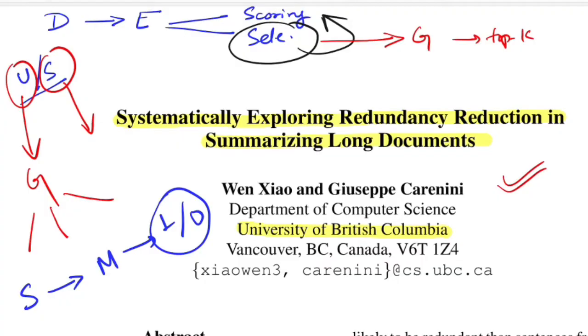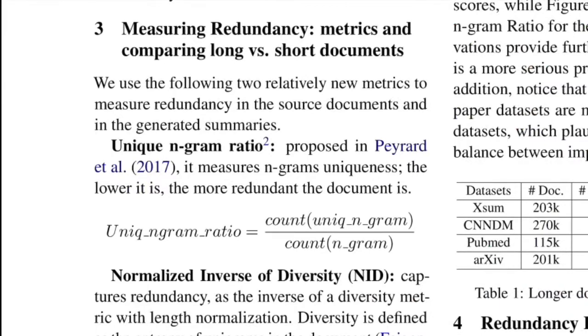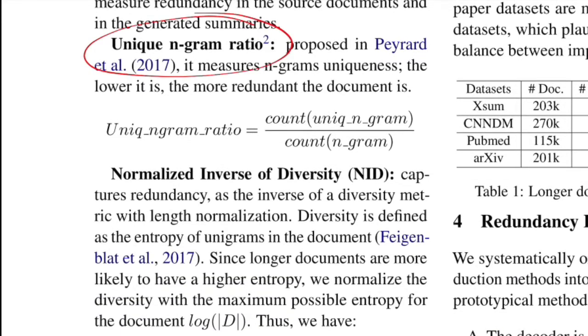Now let's dig into the details of what the paper talks about. Then they talk about the metrics for measuring the redundancy for a given document. They use two metrics. One is the unique n-gram ratio and the other is the normalized inverse of diversity, where the unique n-gram